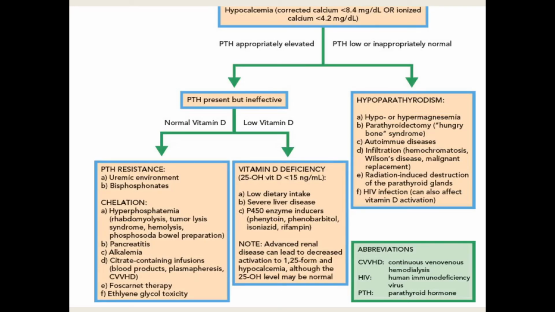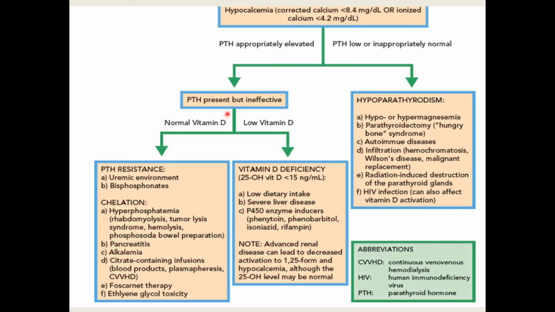So how will you evaluate a patient with hypocalcemia? First, similar to hypercalcemia, we measure the parathyroid hormone level. If it is low, which is what we expect, then there may be a hypoparathyroid state: hypo- or hypermagnesemia, parathyroidectomy, autoimmune disease, infiltration of the parathyroid like in hemochromatosis, Wilson's disease, or radiation-induced destruction of the parathyroid gland. And if the parathyroid hormone is elevated,